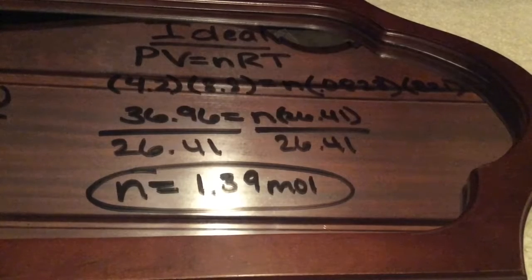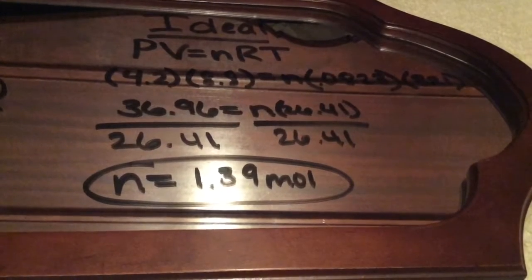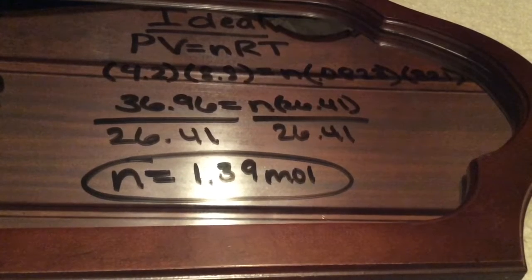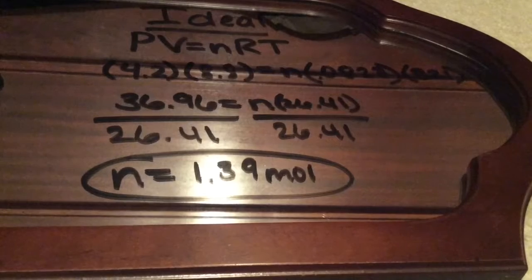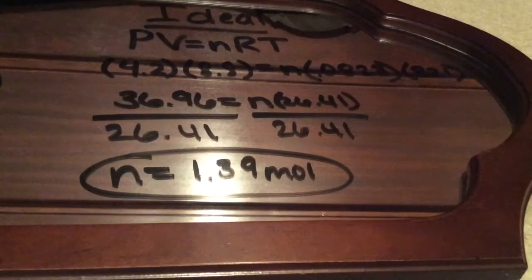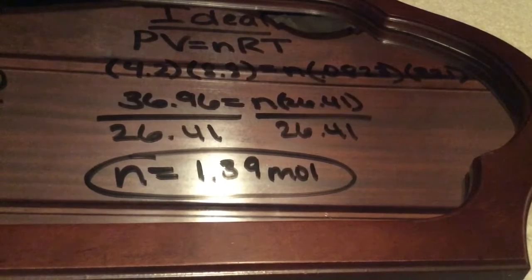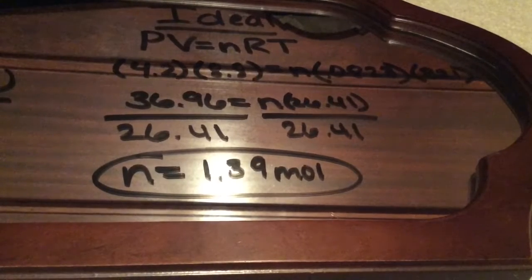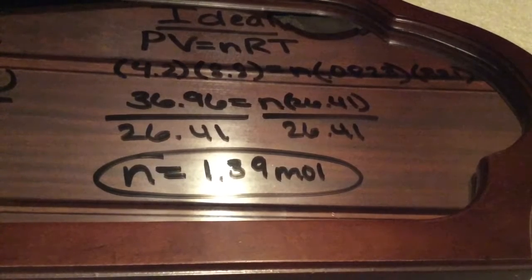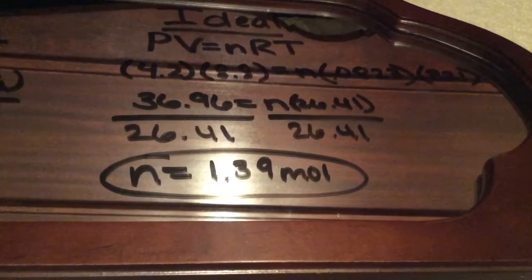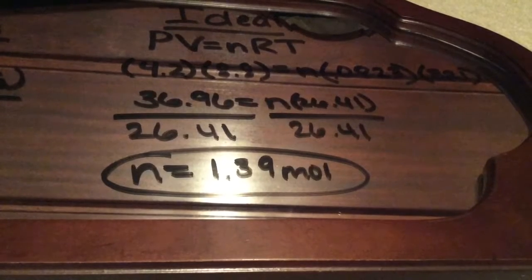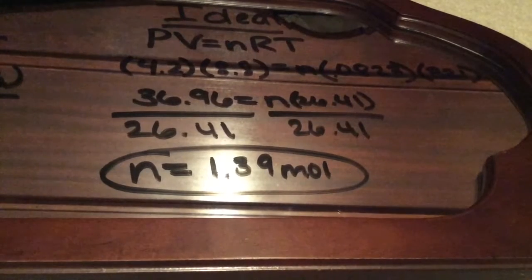Your last equation would be your ideal gas law, which is PV equals nRT. So your pressure times your volume is equal to your moles times your constant times your temperature. So if you have 8.8 liters of gas contained at 4.2 atm and 48 degrees Celsius, how many moles are present? So you would have your 4.2 as your pressure multiplied by your 8.8 liters, set equal to n, which is your moles,